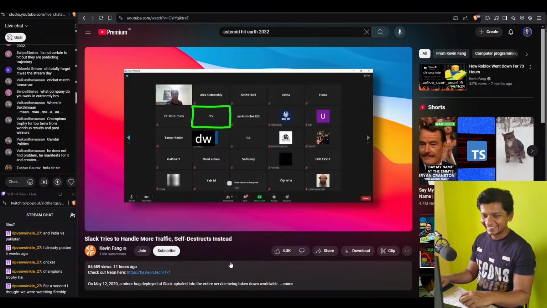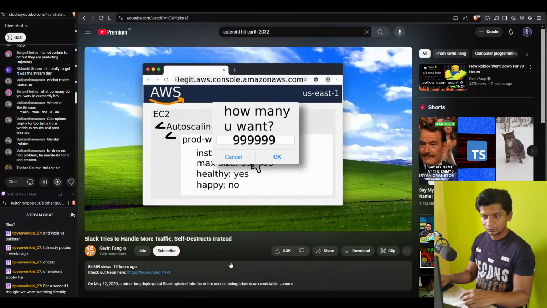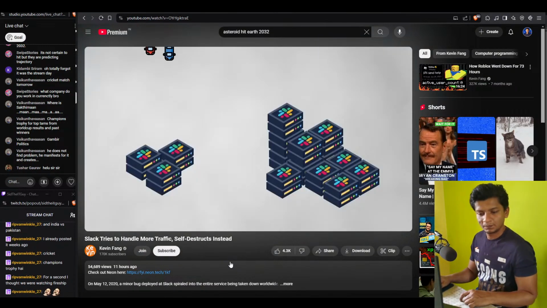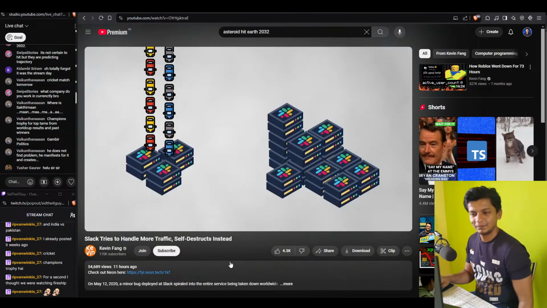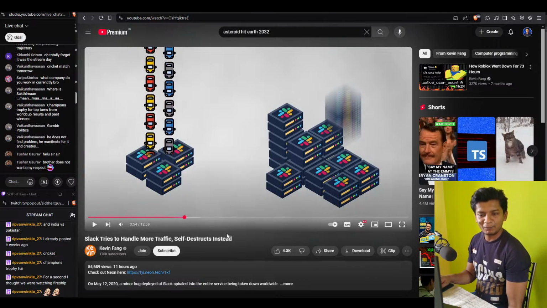Zoom call, and the on-call engineer for the web app tier made the obvious move in response to traffic overload, which was to scale out the web app fleet. This, however, did not help at all. They noticed that a subset of the fleet was under heavy load, while the rest of the web app instances,